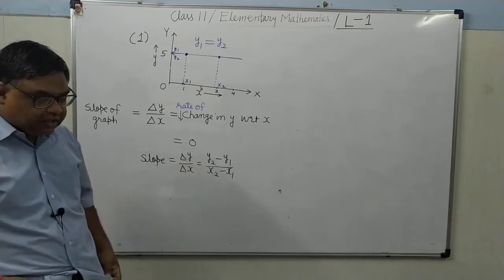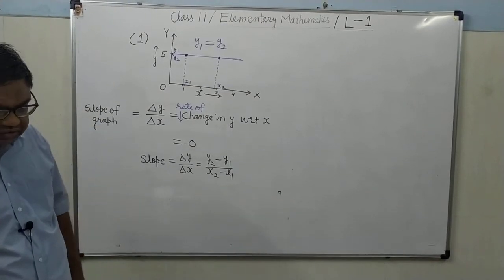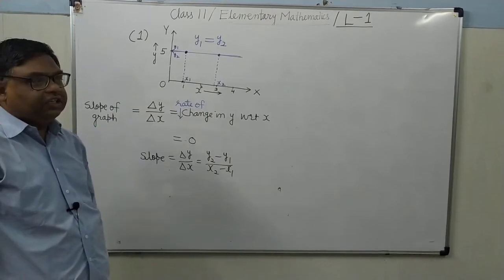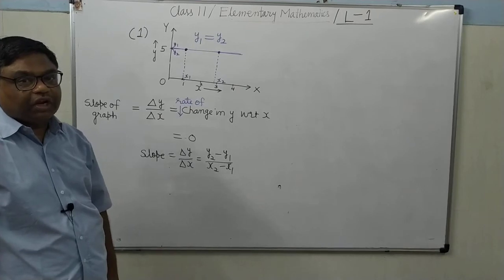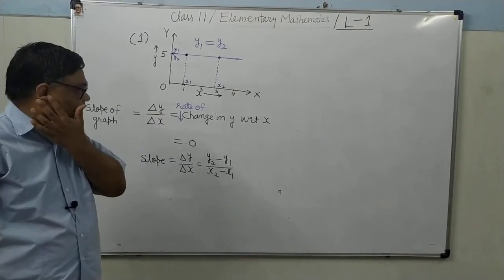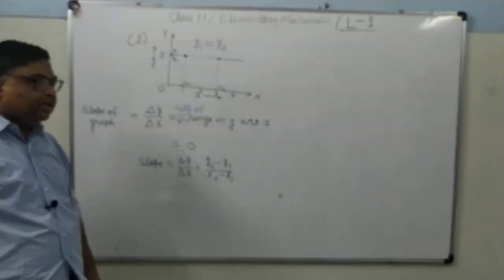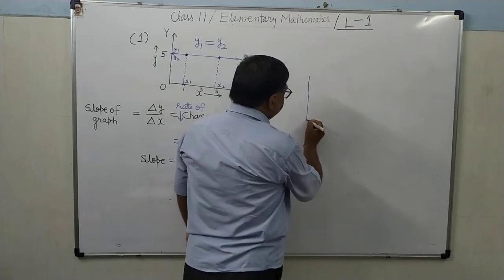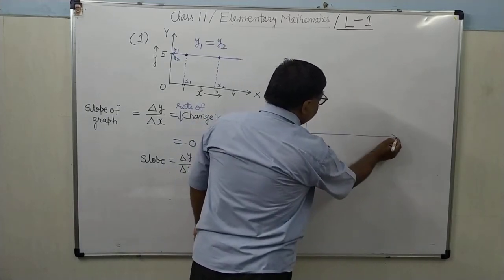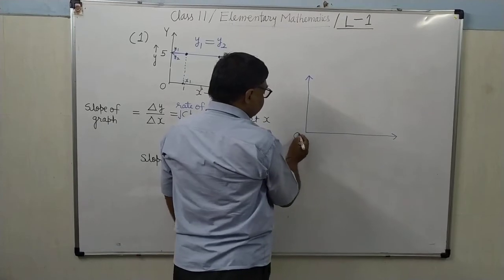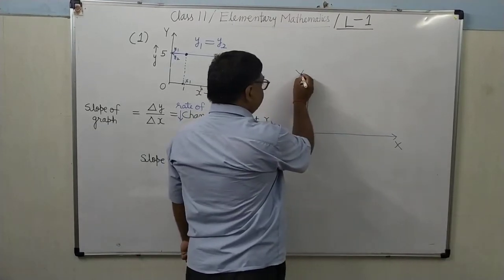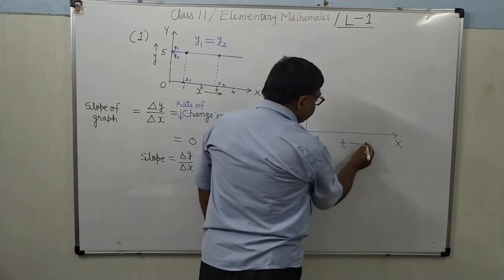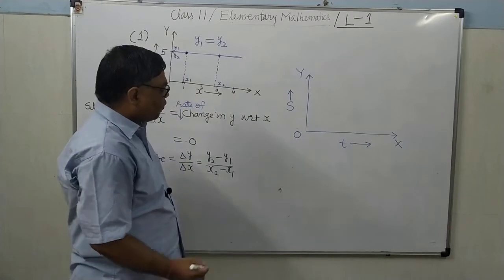Now we will relate it simultaneously, because you are in the ICSE, you have done class 10 from the ICSE board. So you have already studied the displacement time graph and the velocity time graph. What does the slope mean there? See here, suppose you have taken a displacement time graph. This is the origin, this is the x-axis, this is the y-axis. Here you have plotted displacement, here you have plotted time. What is the formula of slope?